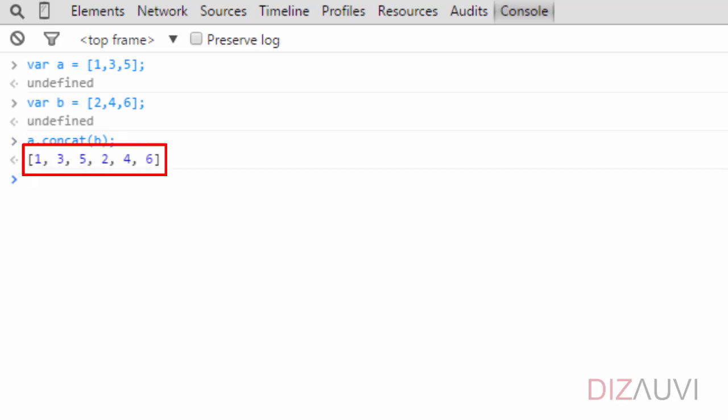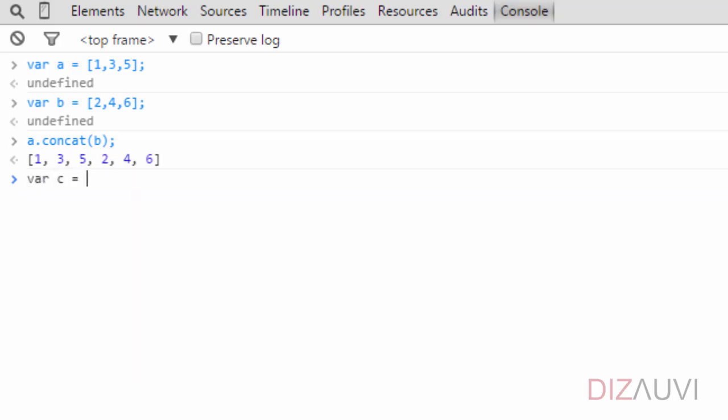And the resulting array has the elements 1, 3, 5, 2, 4, 6. Alright. Notice that the original arrays A and B are unchanged. The concat method created a new array and returned it.